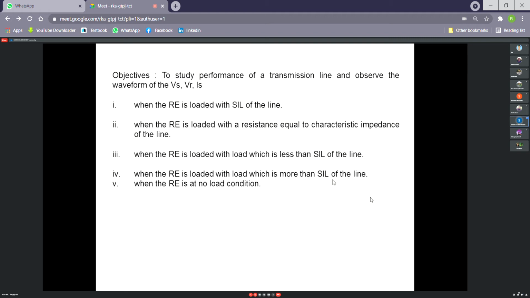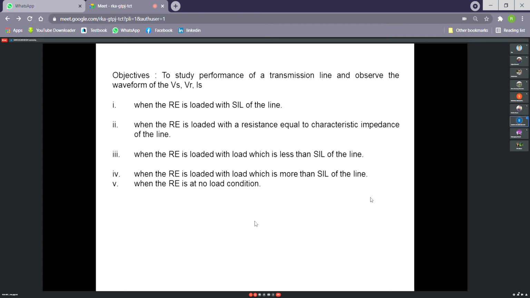There will be a phase difference between voltage and current at any point of the transmission line. We can trap any point of the transmission line in the MATLAB Simulink model, but here I have shown only the sending end to limit the experiment. At the receiving end, at the midpoint of the line, anywhere, we can measure it. Another case is when the receiving end is at no load. For a long line with no load at the receiving end, there will obviously be the Ferranti effect. We can verify it from objective 5 and maybe objective 3, because that depends on how much less than the SIL the load is. But for objective 5, we shall obviously get the Ferranti effect.